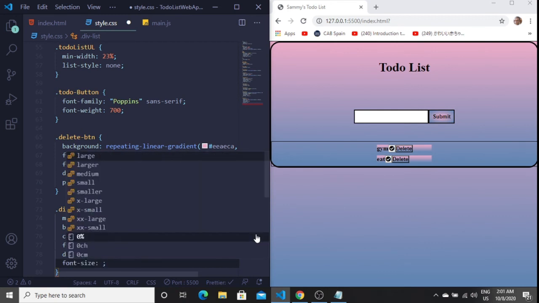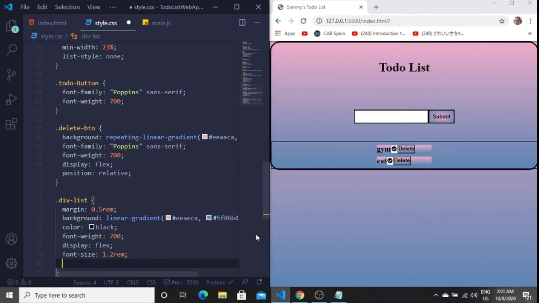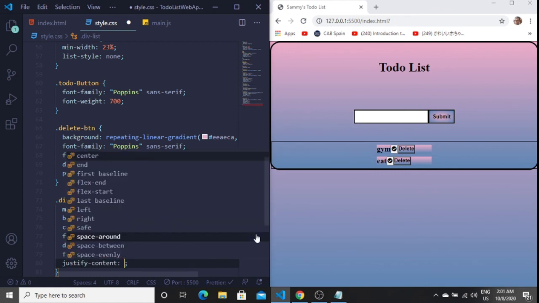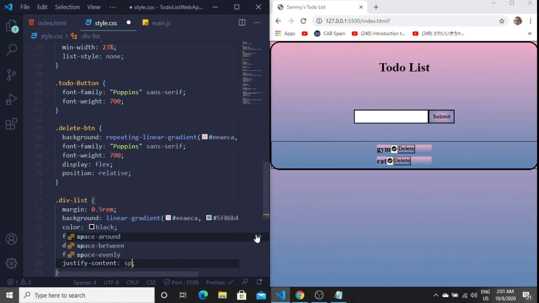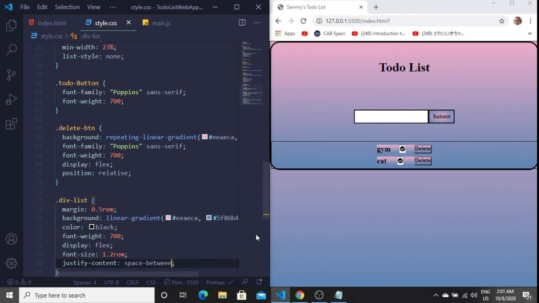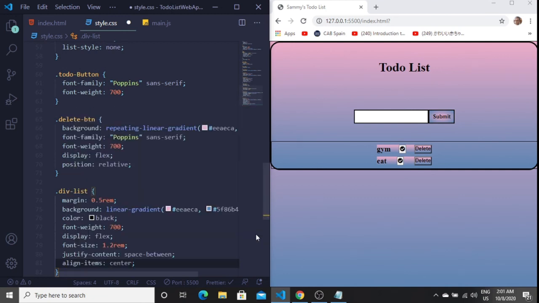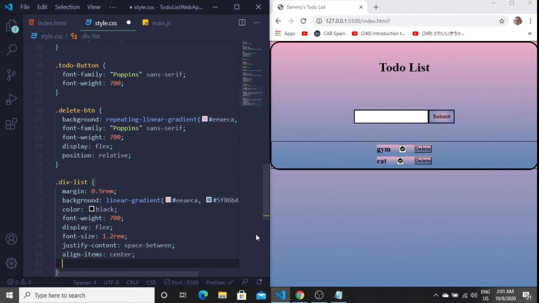Font size is going to be 1.2 rem. That should be good. Yeah, more visible. Justify the content to space between. Yes. Let's create some space between them. And align items to center and